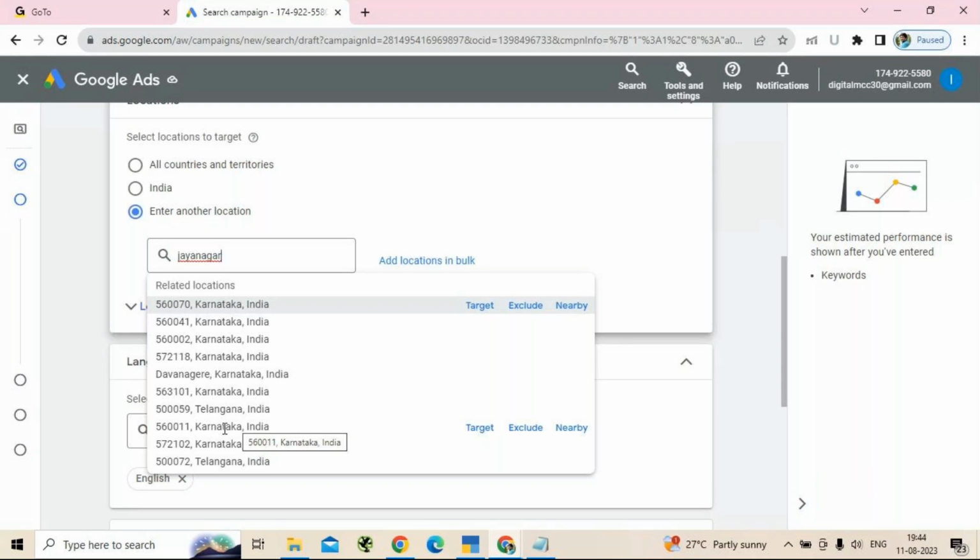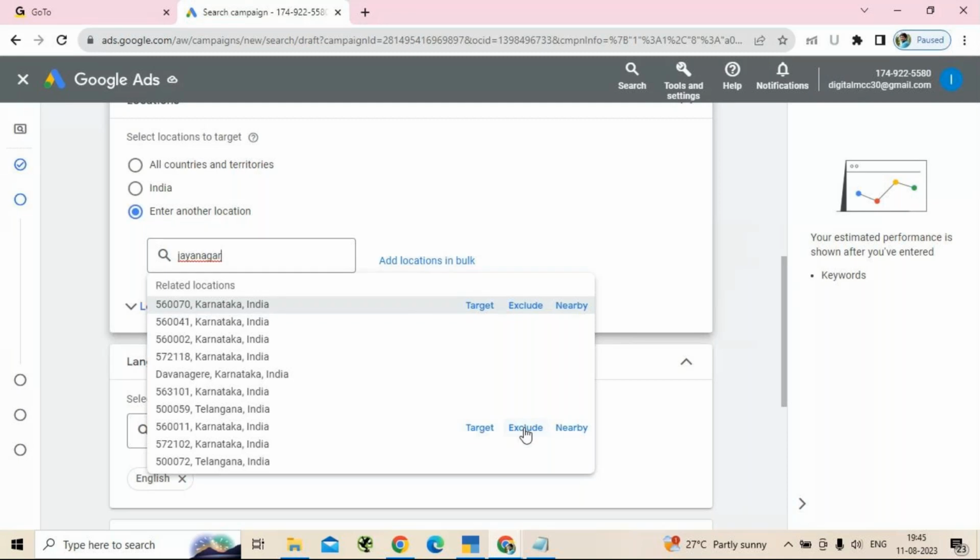Now, the difference between the Google ad screen and the Facebook ad screen is that here we have an option to target, meaning do you want to run a campaign for this particular area.